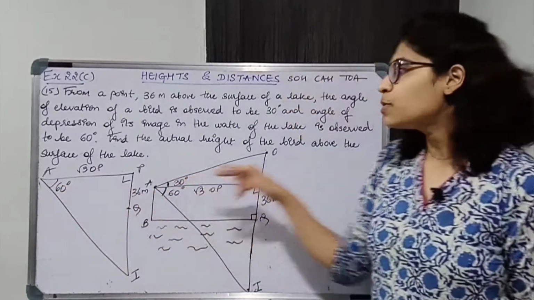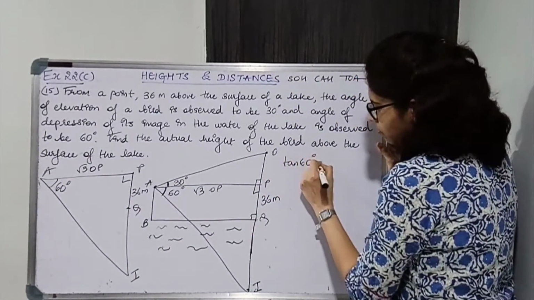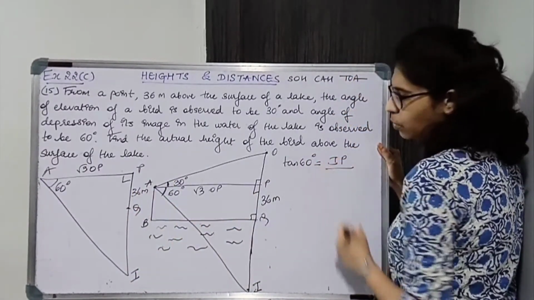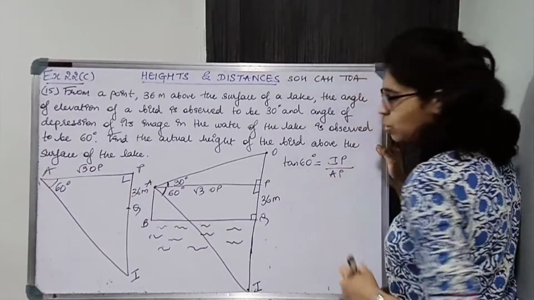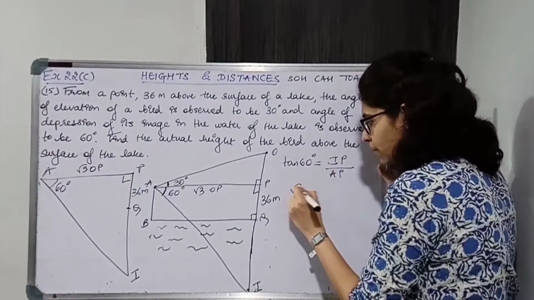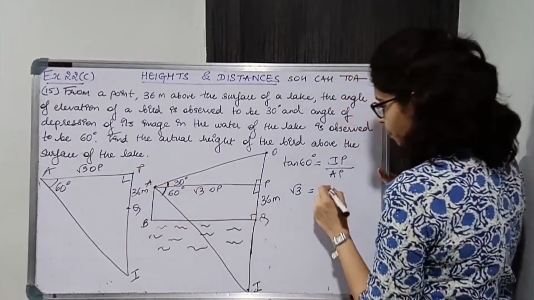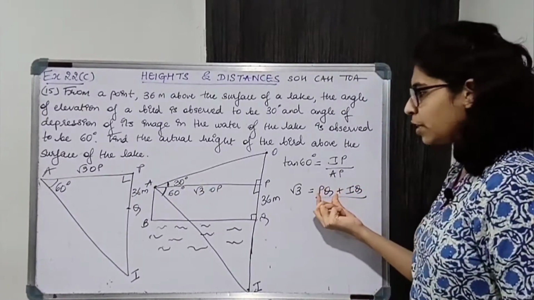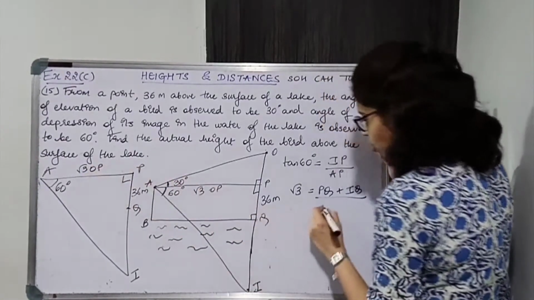So adjacent and opposite again come in TOA, tan. So I'll take tan of the angle. It is opposite, which is IP, or PI. So IP upon AP. Adjacent is AP. Now tan 60 is what? From standard value table, root 3 hota hai. Correct. IP I'll just break. It is PQ plus IQ. PQ ka value I know, and IQ. Now AP is root 3 OP.